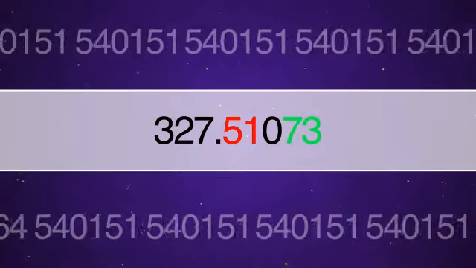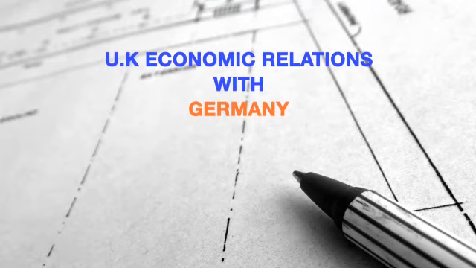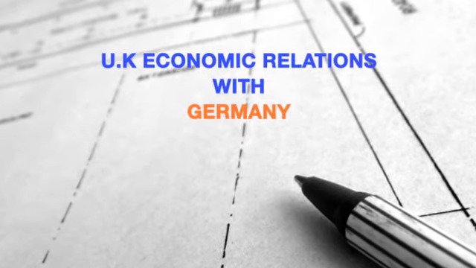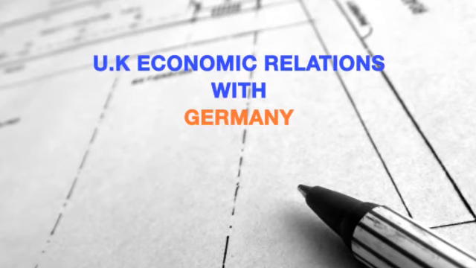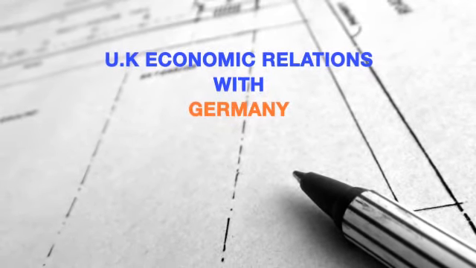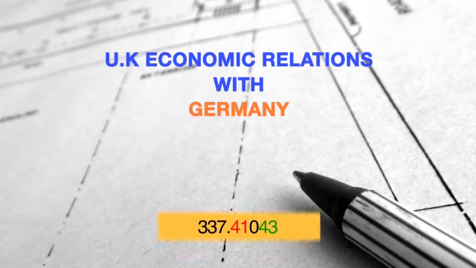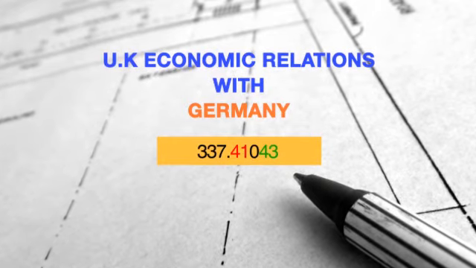Let us move to the next title, again with two countries. The example is different. It is UK economic relations with Germany. Economic relations of United Kingdom with Germany. There are always economic relations between two countries, and the economic relations, you are correct, will go to economics, and within economics the number is 337, and within 337 there is an instruction given there, 337.3 to 0.9, economic relations between countries.